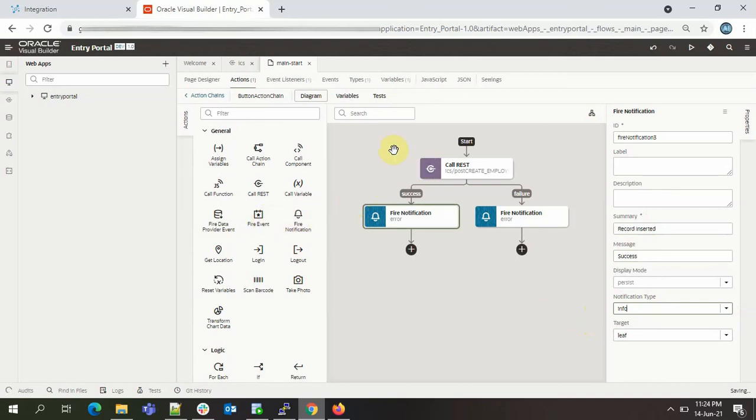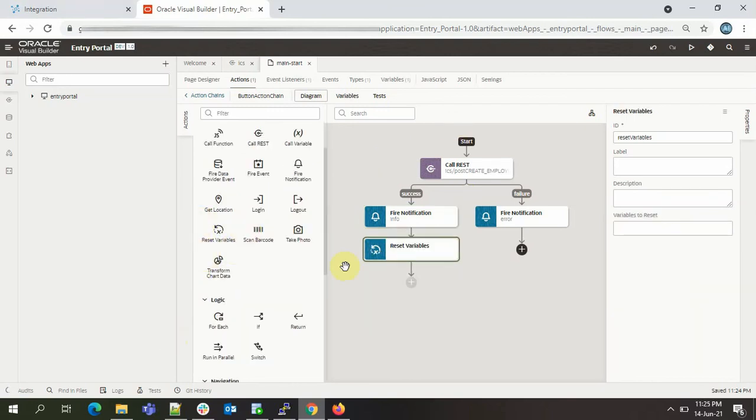Now once the REST call is successful and we get the success message, we want the fields to be initialized to null. So for that, we'll be dropping the reset variables component. The reset variables component will clear the variables and no value will be retained there. I'll click on this. You need to specify what variables to reset.